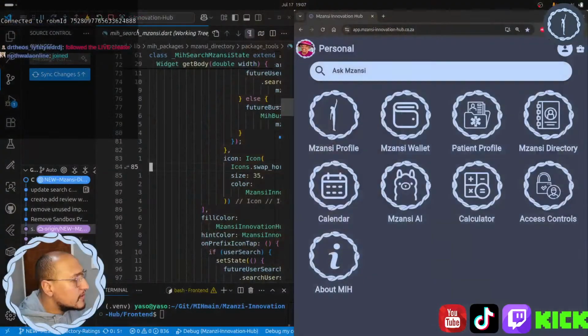So let me switch the screen. Perfect. So if we have a look here, let me flip the camera for you. Yeah, just over here. We're looking at the Mzansi directory on the right hand side of the screen.